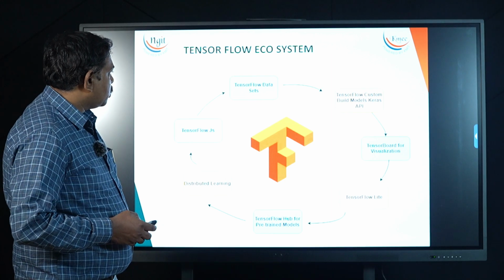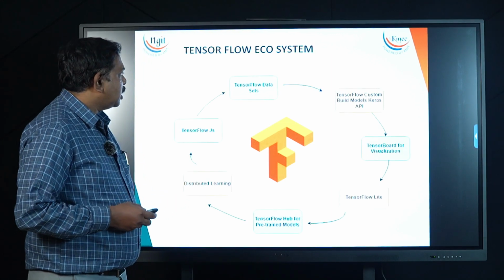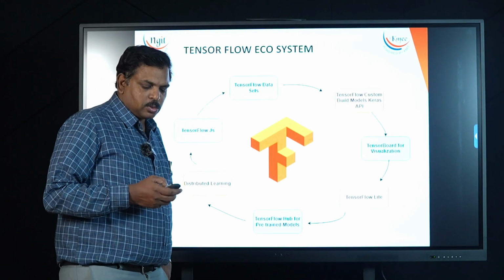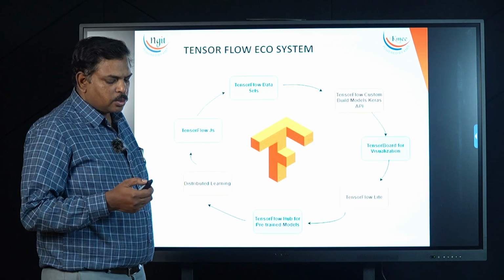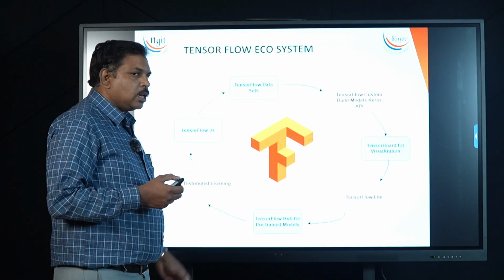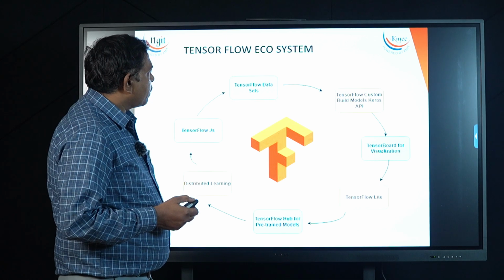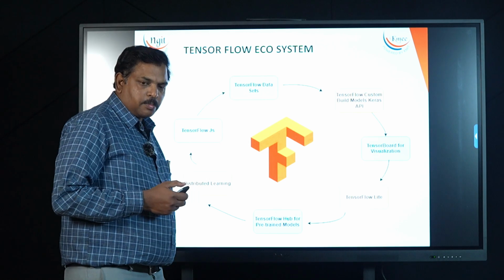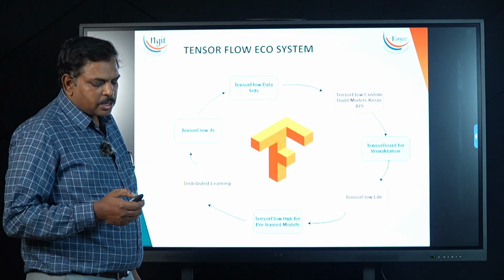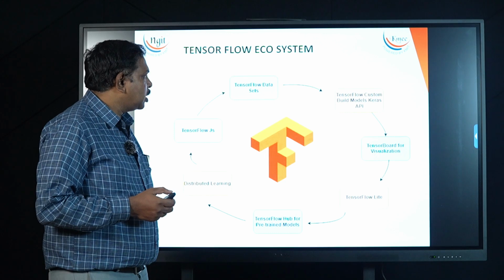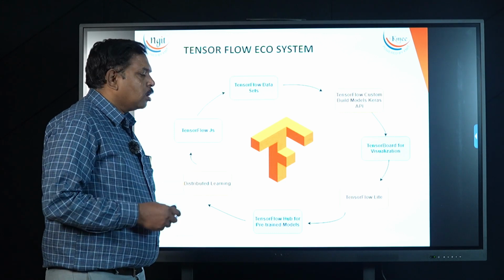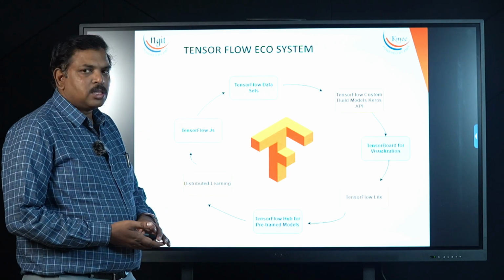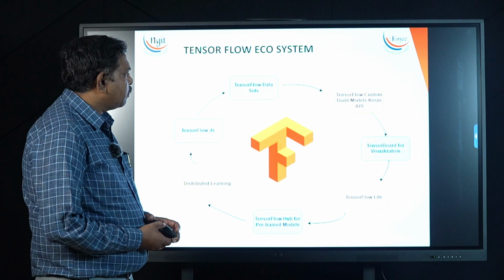The TensorFlow ecosystem comes with a different set of APIs. Like, as I said, for the C language, they are giving one API. So developers who want to develop AI code in C can also do so with the help of the TensorFlow API. TensorFlow comes with very custom built-in models, meaning there are already pre-built and trained models for every use case in the environment. Those models are just a drag and drop for a new use case. Developing an application is very easy.